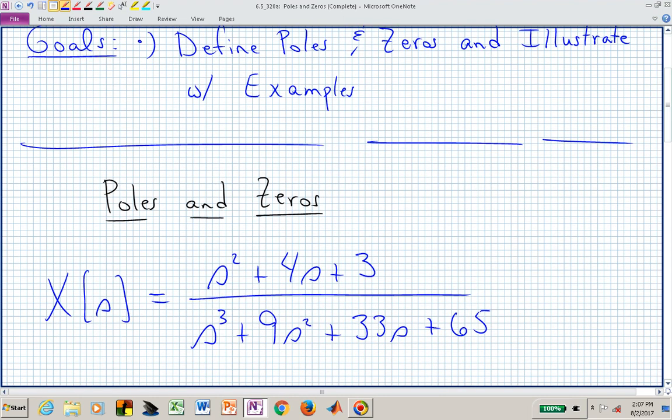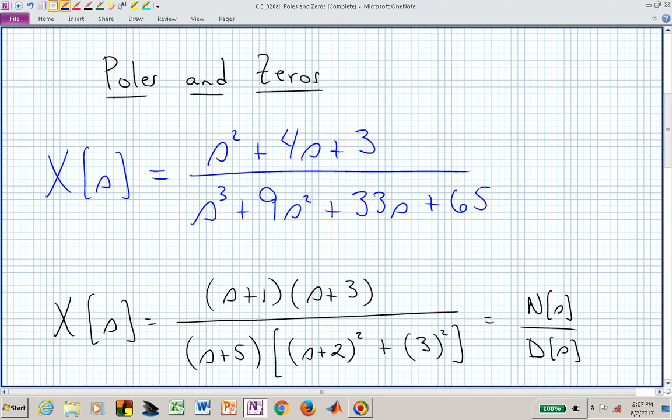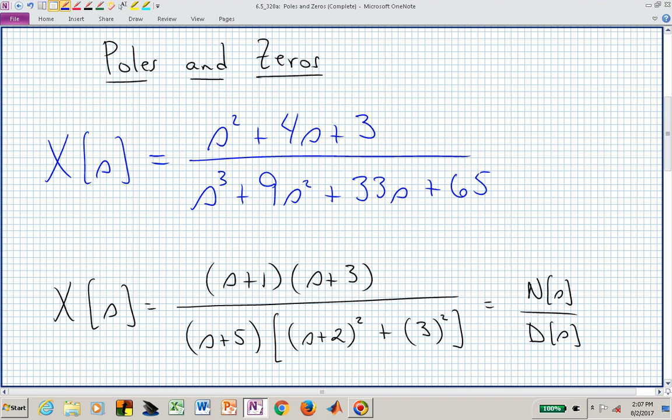Poles and zeros arise from linear time invariant systems, or the transfer functions of linear time invariant systems. Here is one such transform. I guess poles and zeros arise from the Laplace transform of a signal, but typically we're talking about poles and zeros associated with a system, but it could be the combination of a signal and system, etc. But here is the same transfer function written in polynomial form in blue, and we see that it's strictly